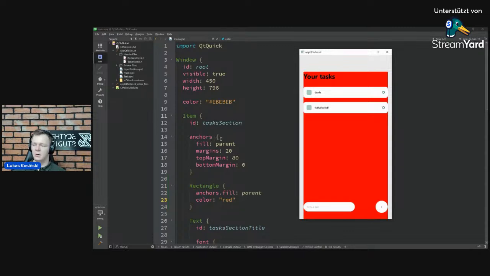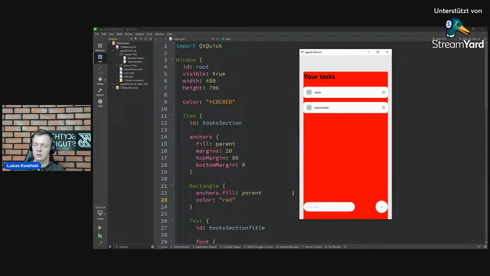You can see that there is a concept of anchors used here. Anchors are used to position items relative to other items. So here I made the task section fill the parent window with margins of 20, but I also specified the top margin to be 80 and the bottom margin to be 0.